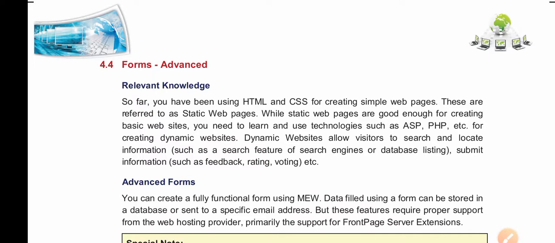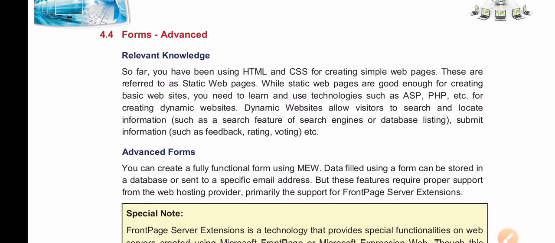If you are making something basic and very simple, you are going to design static web pages. And if you want to create dynamic ones, then you have to learn technologies such as ASP and PHP. Without ASP and PHP,